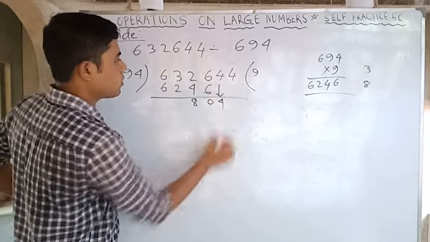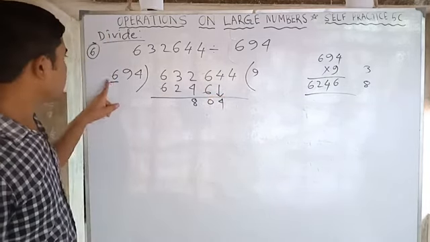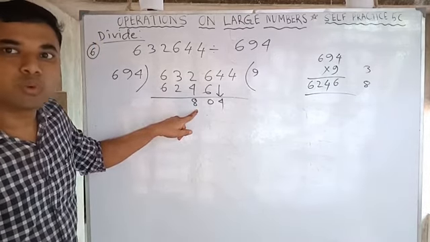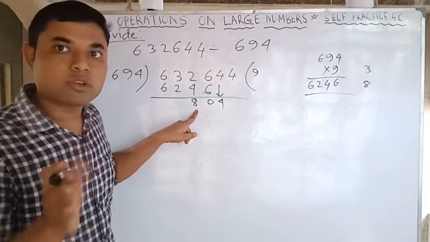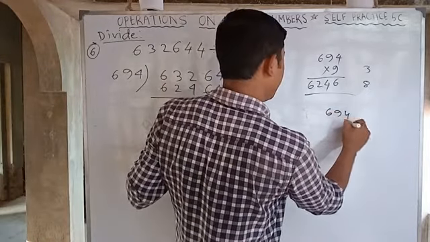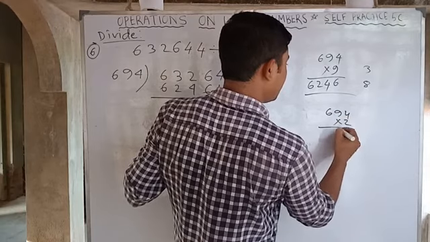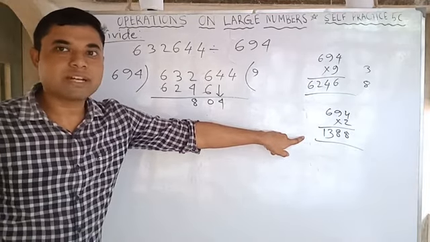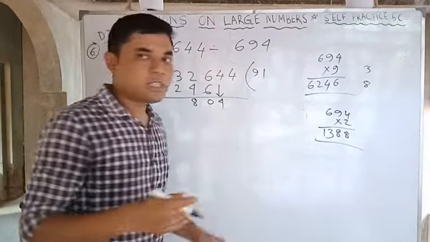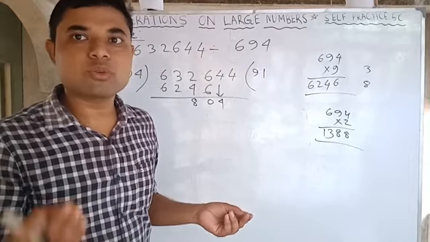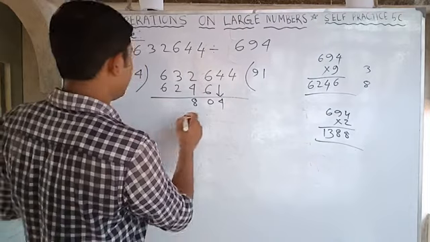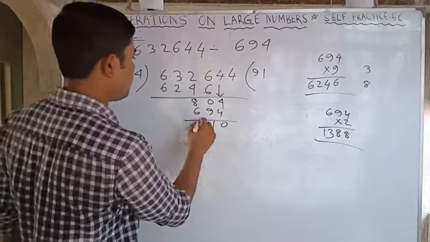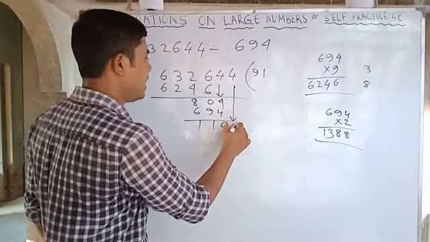Now take 4. Look here 6 and here 8. 6 1s are 6, 6 2s are 12. It will be more if you take by 2. So let's check. If you take 2, what will be the problem? 6 9 4 and 2. Look, 8, 18, 12, 13. Look, this is greater, so you cannot take 2. So by 1. Just by seeing this you can choose which number it will go. So by 1, 6 9 4, so 0 1 and 1. Is it clear?